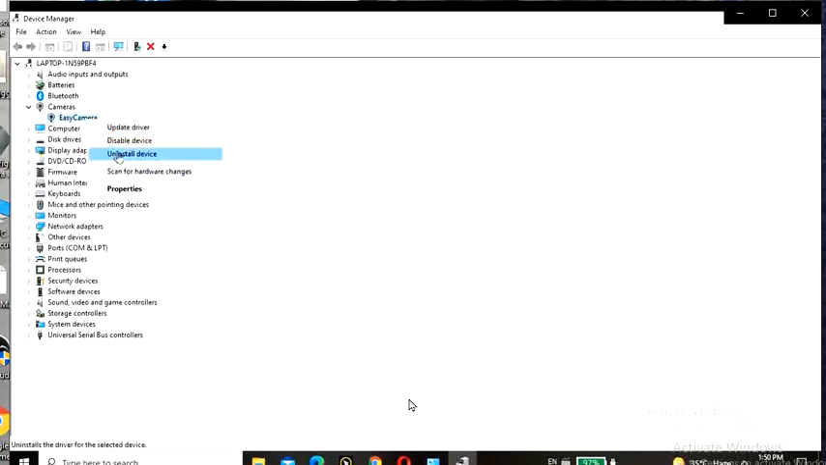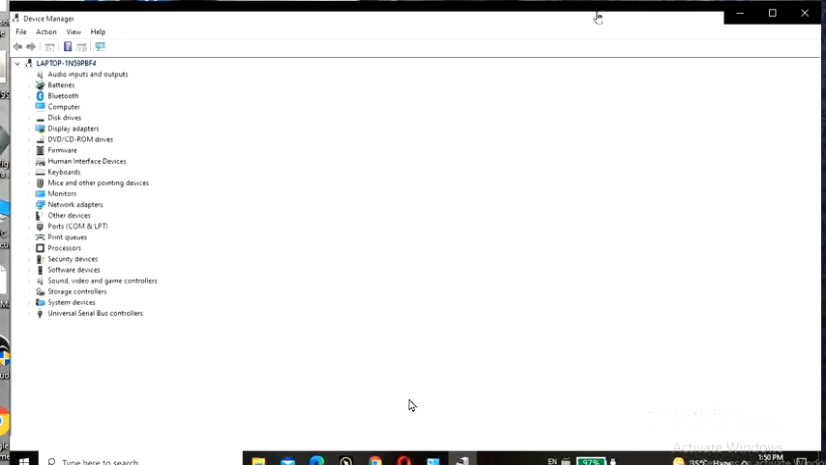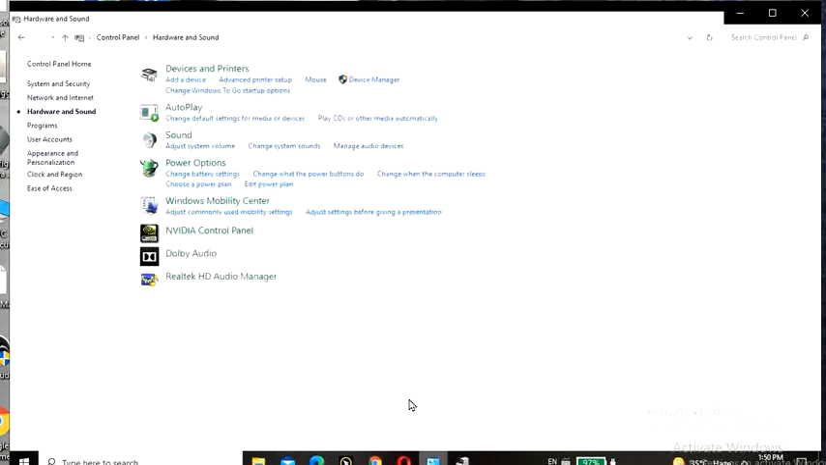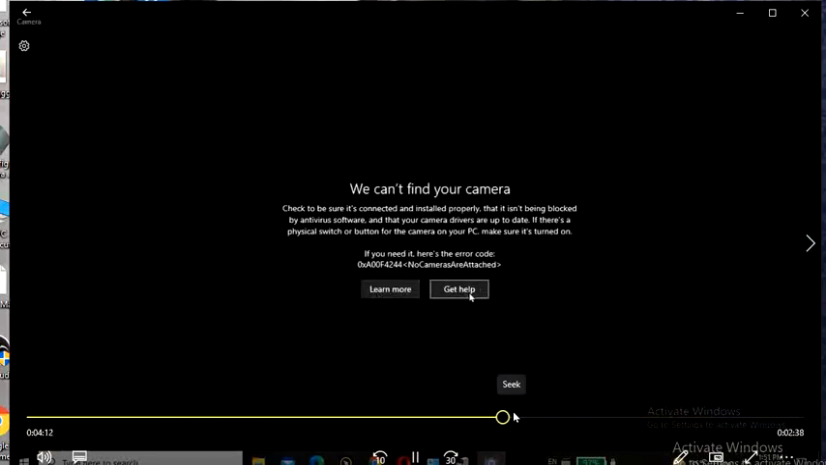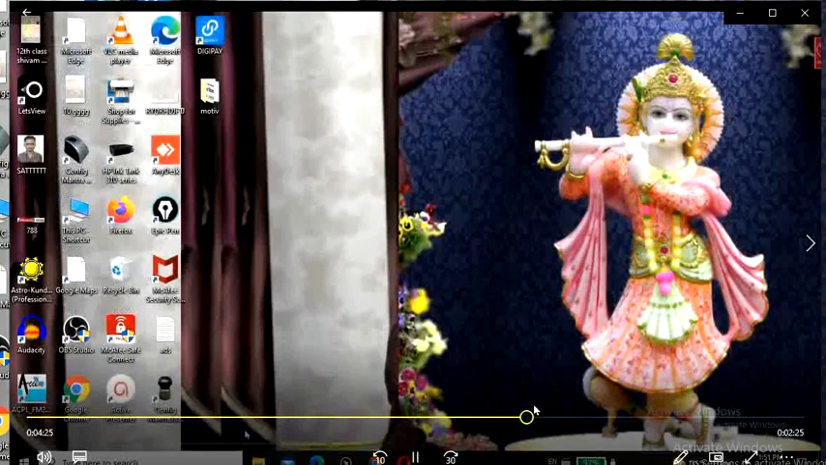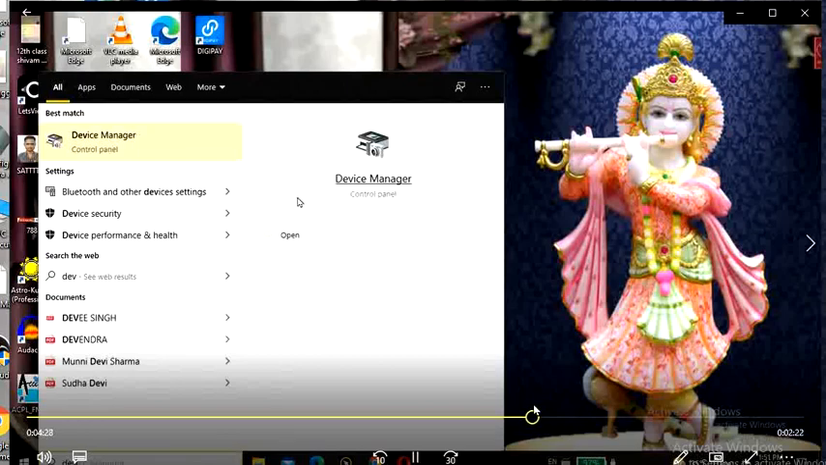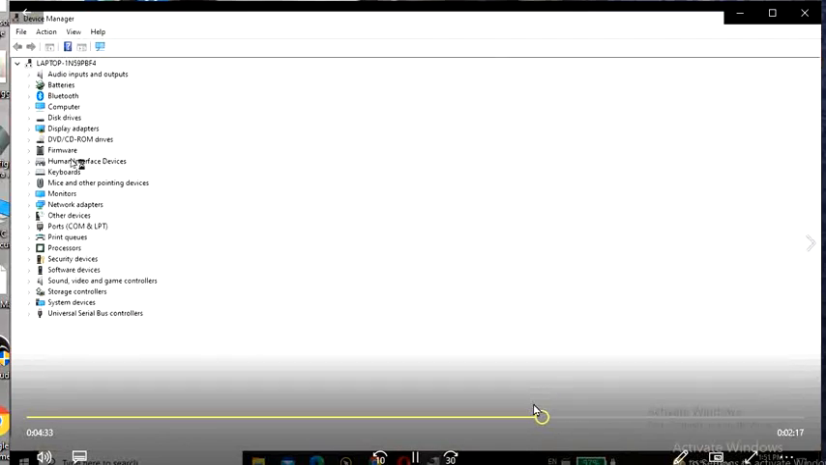Here you can see we can't find your camera. Then click on, again clicking on action. Here is action, click on action, and action, and scan for driver changes. Then you will see camera option will again show here, and click on cameras also, and then